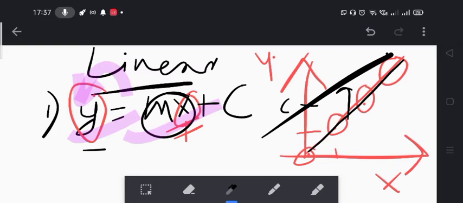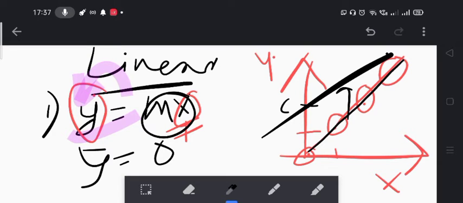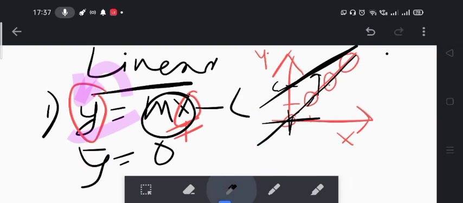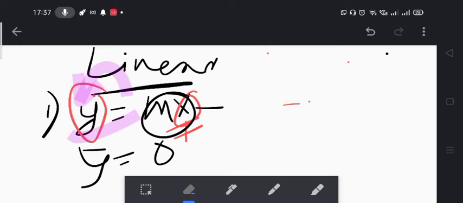This y is equal to mx plus c equation is also very useful in various physical equations for deriving the equations of motion. Okay, so here let's take x is equal to 0, so we will have y is equal to 0 for the equation passing through the origin. For the equation passing through the origin, x will be 0 and y will also be 0. Okay, let's see what happens for the negative intercept. If we have minus c, the line will pass from the downward side. So here we have a negative intercept.